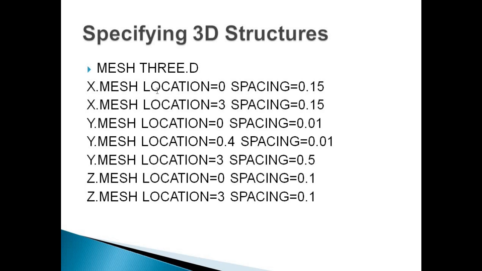We have to define X mesh, Y mesh as well as Z mesh. Define a 3D mesh that is uniform in X and Z direction and varies in the Y direction. Position parameters for the Z direction are also used in region, electrode and doping statements. It is important. You must specify the Z location in the region, electrode and doping statements.